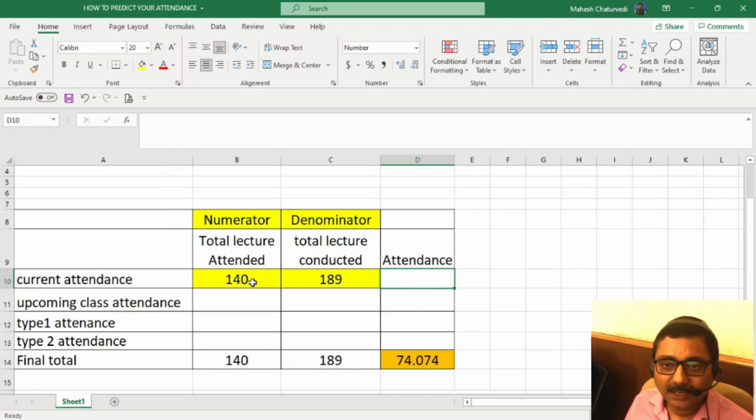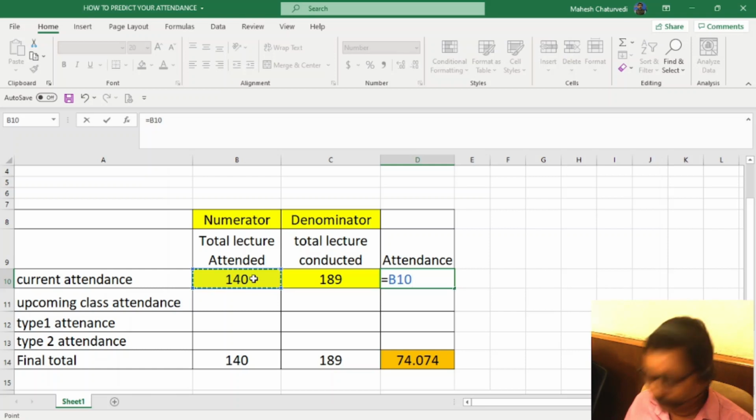Let's add it here. Press equal, and before this do one thing, take a bracket, then click on the numerator column, press slash, then click on the denominator column, after that press star, after that press 100.